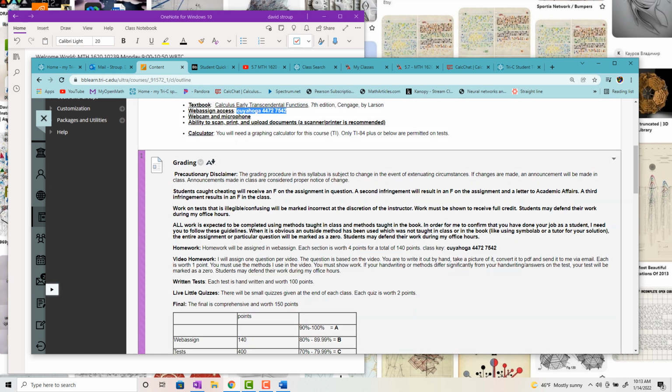Grading. So what are we doing here? I've had a lot of issues online with cheating. People just using online calculators and Wolfram Alpha, or whatever you guys use, Symbolab, those things. If I see something that looks like you just took it off the internet... but it shouldn't be too big of a deal for us because we're in person, and it's going to be kind of hard to go on the internet when I'm watching you. So the tests will be in class, in person, so there shouldn't be any issues there.